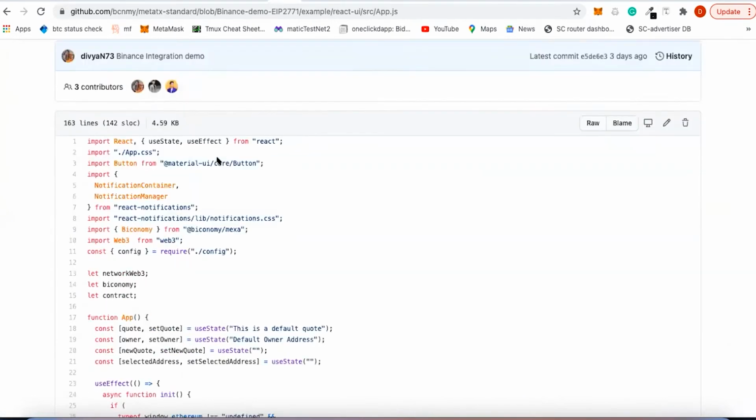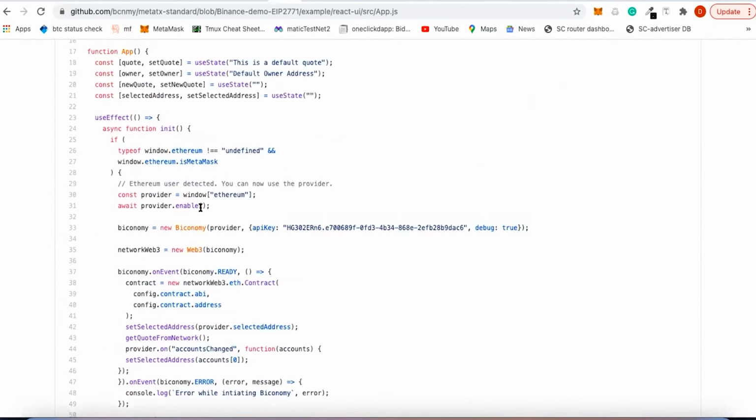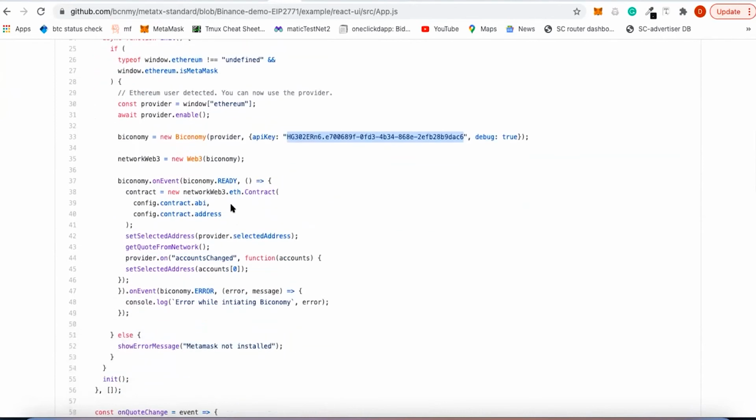Now let's come to the client side part. In the client side part, you don't have to do much, just some basic steps. Initiate Biconomy like this, right? From the demo code, you can just see, initiate Biconomy like this. Provide the API key from the dashboard here, which I just showed you, and initiate. Once Biconomy is perfectly initialized, just initialize your contract object inside this, so that it's initialized after Biconomy is initialized.